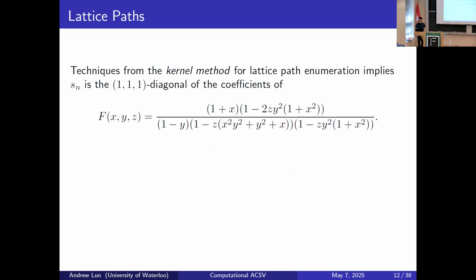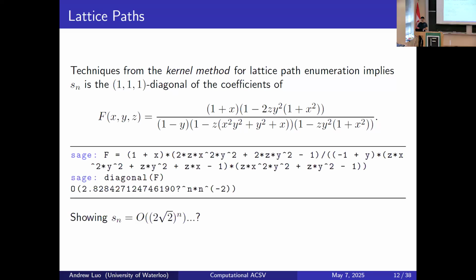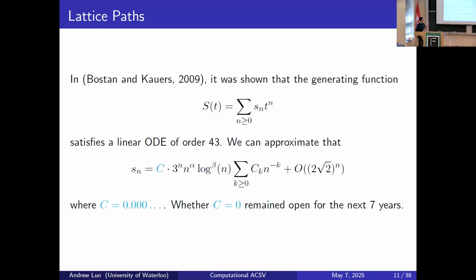And so then you might be wondering, how is this easier to analyze than the univariate generating function? Well, for one thing, we can just have a computer program do it for us. We have a Sage package that if you give it a generating function and ask it to compute the diagonal, it will do so for you. And in this case, it gives you this big O bound, which is stored as an algebraic number in Sage. So this shows that, indeed, the sequence is big O of (2 root 2) to the n. So going back here, that also proves that this constant C is 0.